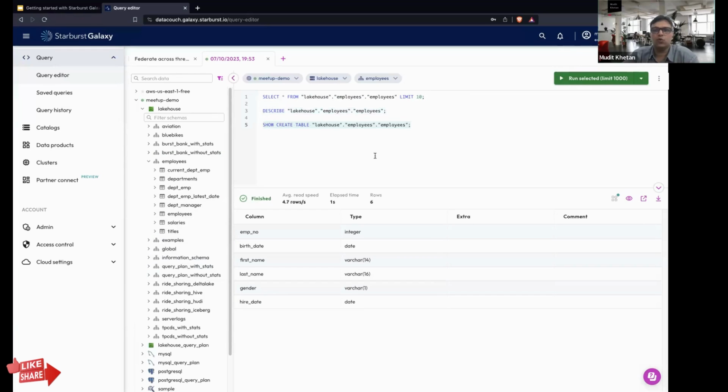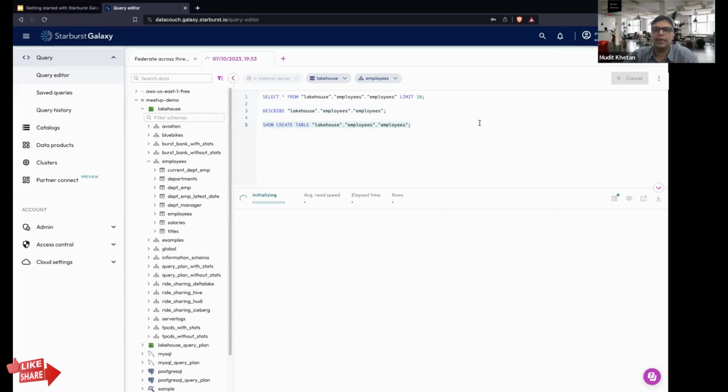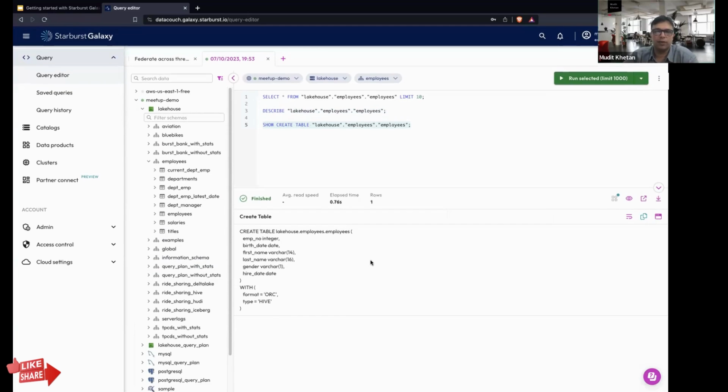If I want to see show create table also, then it can give me the create table statement of this particular table. So as you can see, it is using the format ORC and the table type is Hive. So the file format is ORC and the table type is Hive. And this is the create table, the default structure of a query that is created with Starburst.